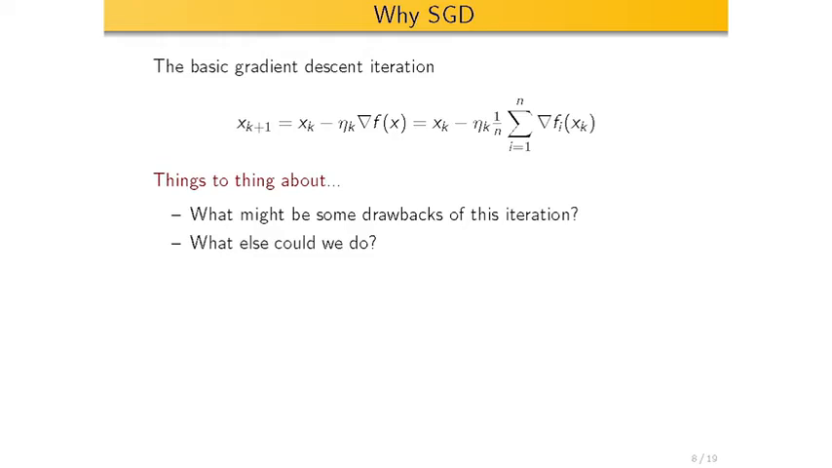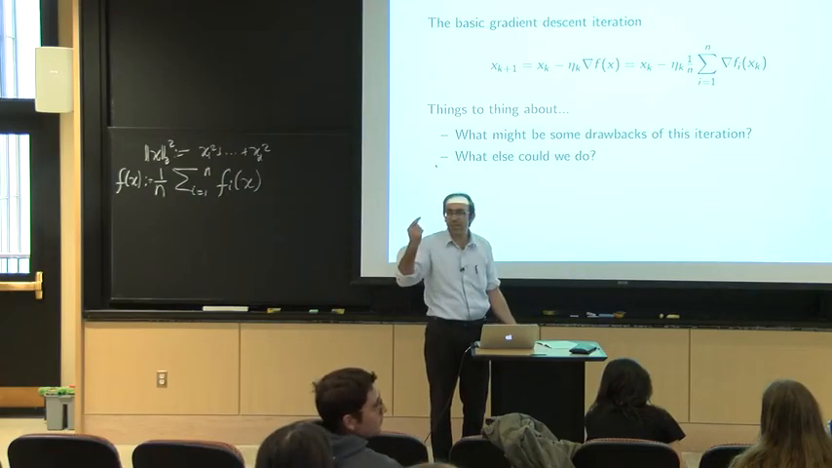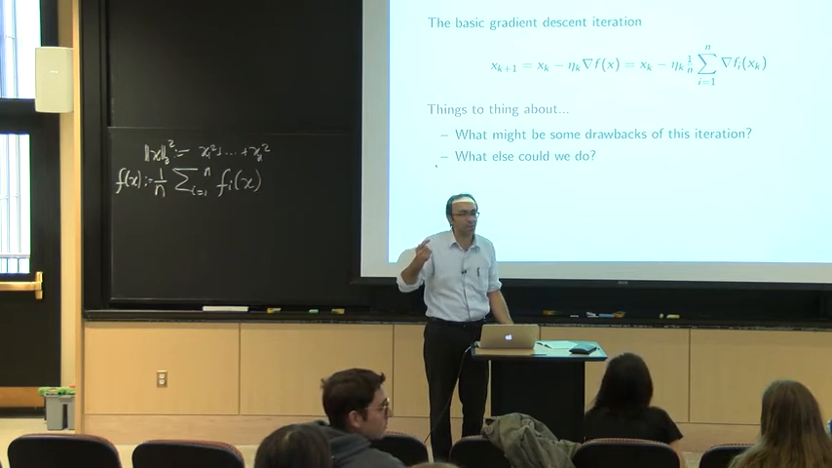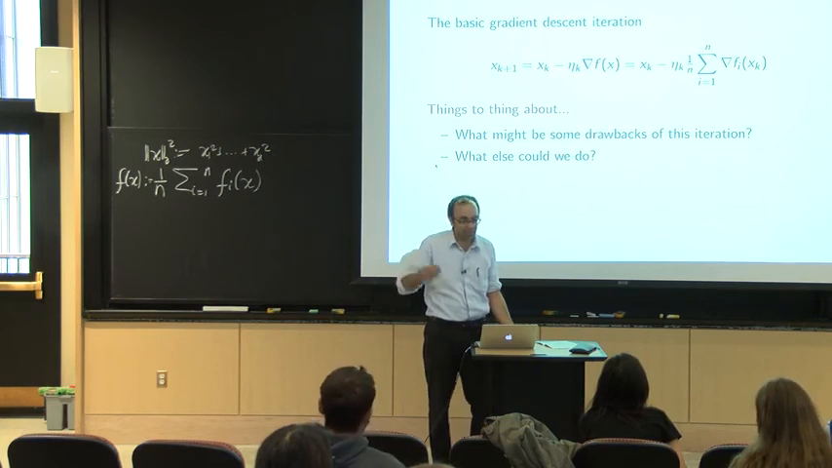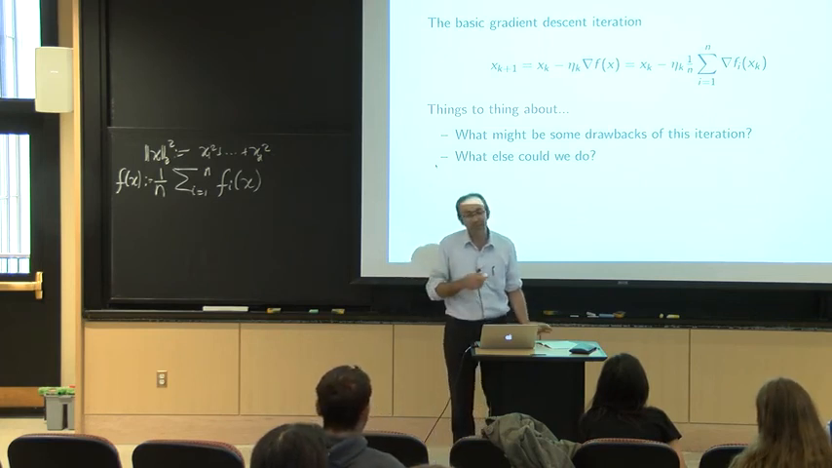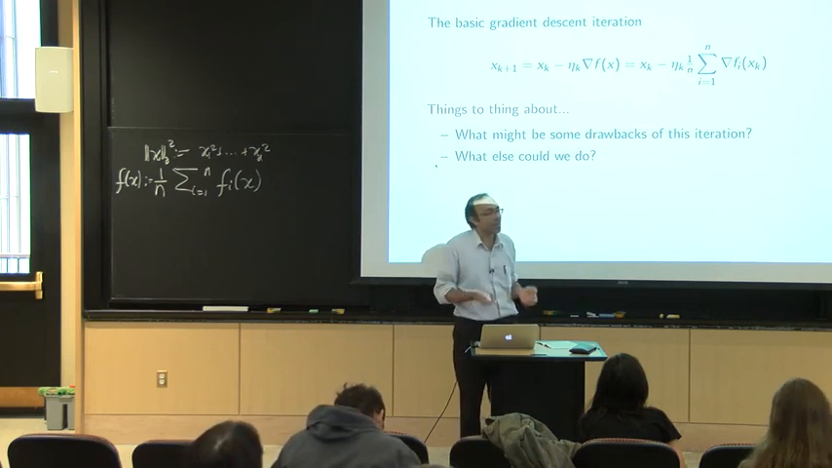That sum is huge. So getting a single gradient to do a single step of gradient descent for a large data set could take you hours or days. So that's a major drawback. But then, okay, if you identify that drawback, anybody have